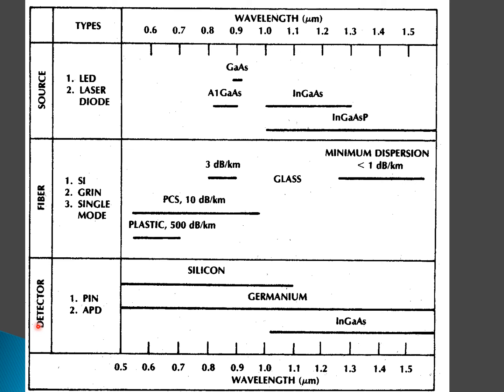For the photodetector, you can have either PIN or APD, because these are the most widely used compared to PN. That's why we just put PIN and APD. PN is not really being used now. You can have a silicon, germanium, or indium gallium arsenide photodetector. So with that,